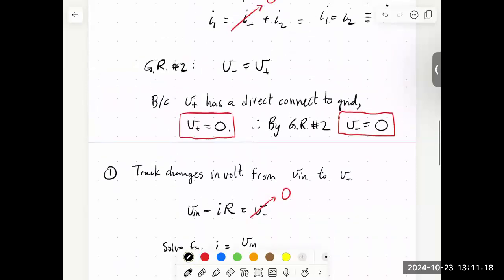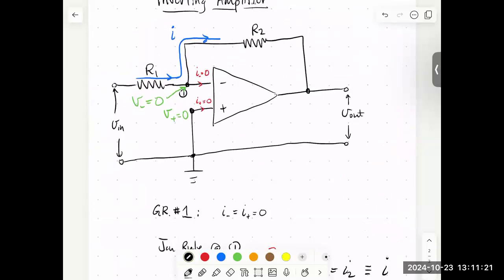So let's go back and look at the circuit here. I want to be able to relate the input voltage to the output voltage. What we've done so far is we've written the current in terms of this input voltage. So I want to write the output voltage in terms of that current as well. And then I can build this relationship between the input and output. If this is an amplifier, I'm expecting my output to be some kind of scaled version of the input. And so let's see if that works.